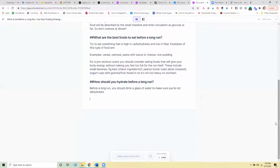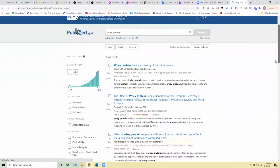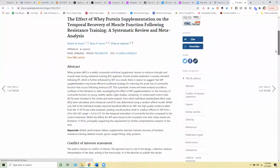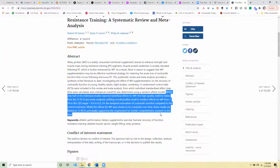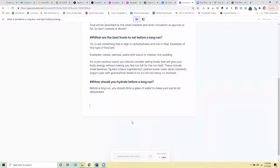Can you feed it a journal article and have it pull content from it? Yes and no. If you have a journal article, you can paste the abstract in and have Jarvis rewrite it. So if we went to PubMed, I was working on a post about whey protein earlier, which is why it's on my mind. So let's see. If I took this part of the abstract and threw it in here,